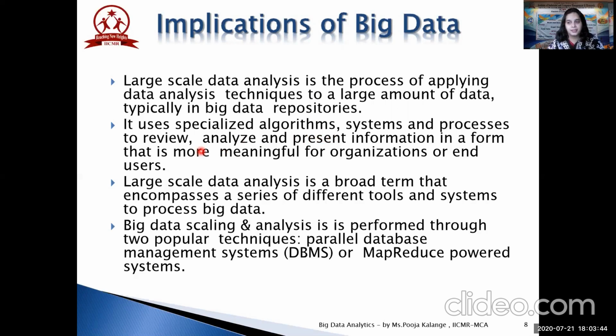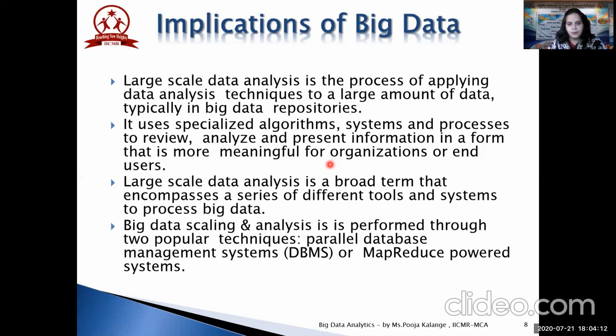We'll have to do the escalations. We will have to check for the cleansing of the data. Then we'll have to analyze whether the data is being given in the correct legacy format or not, and then present the data in the form of knowledge or information that is more meaningful and more useful to the organizations, or to the application level users or presentation level users. So those will be the implications of big data when you consider a database workload.